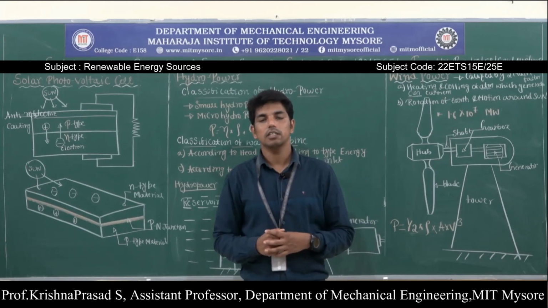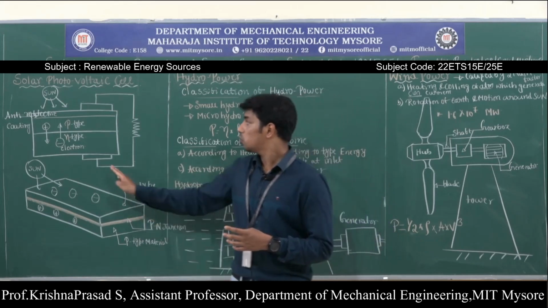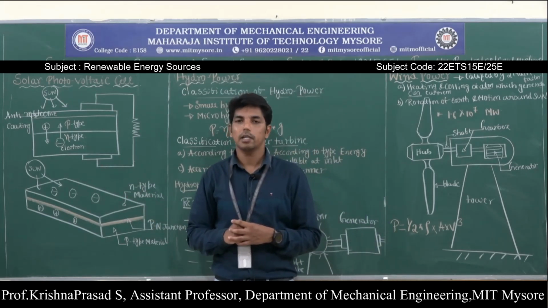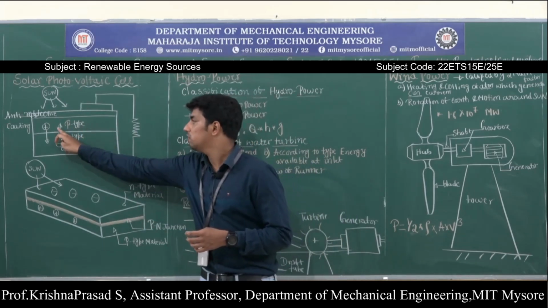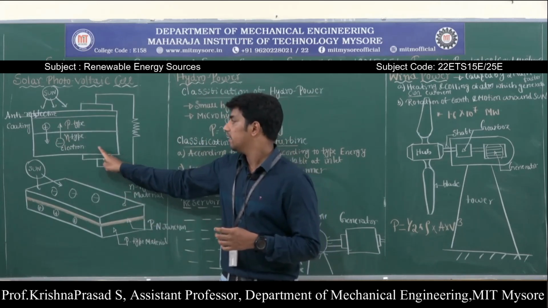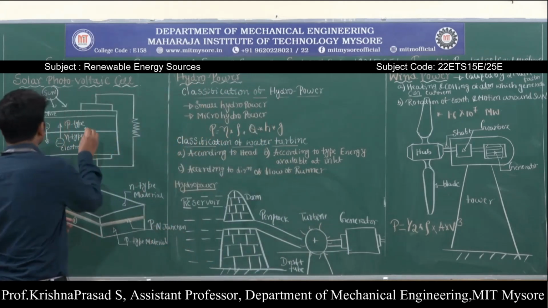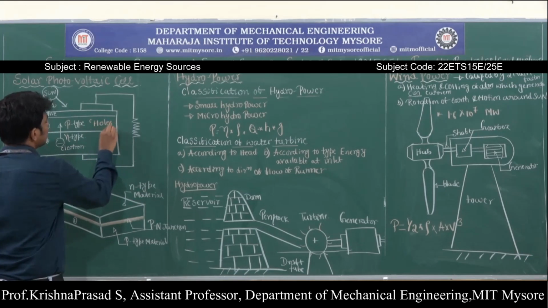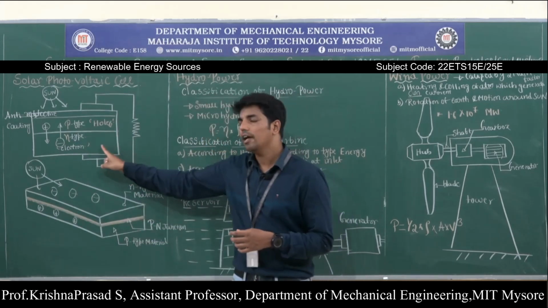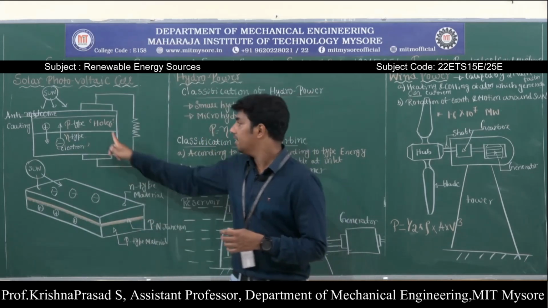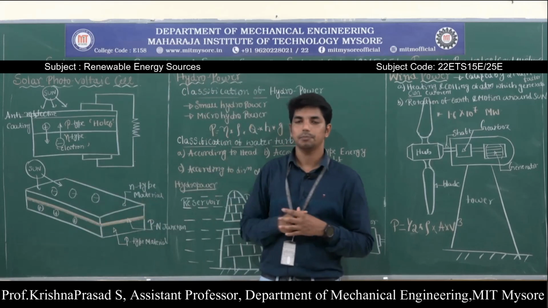Next, very important, the construction as well as the working of the solar photovoltaic cell. These cells are usually made up of semiconductor materials like silicon. One layer is p-type silicon, which is positively charged, and another layer is n-type silicon, which is negatively charged. The positively charged p-type silicon contains holes, and similarly the negatively charged electrons are contained in the n-type silicon. The interface between the p-type silicon and the n-type silicon is called the p-n junction.